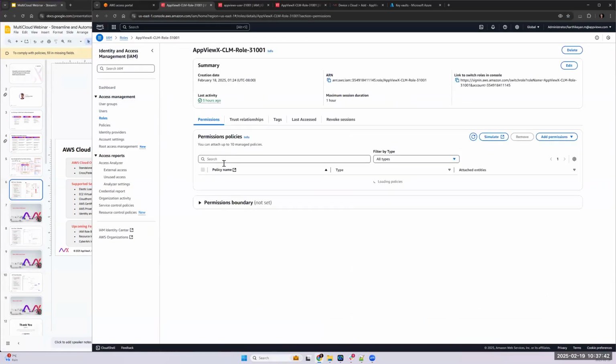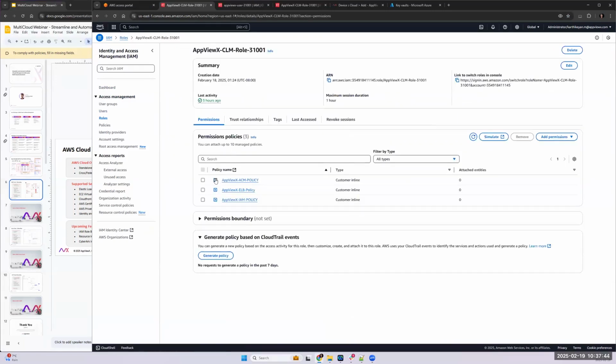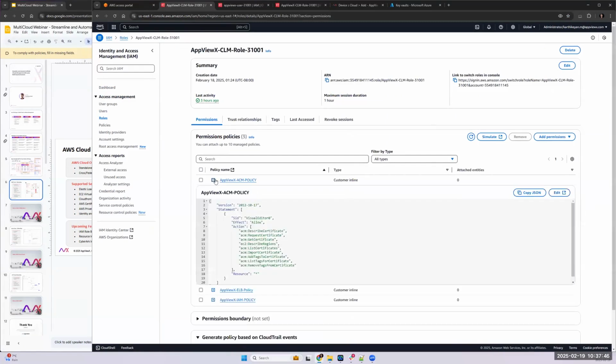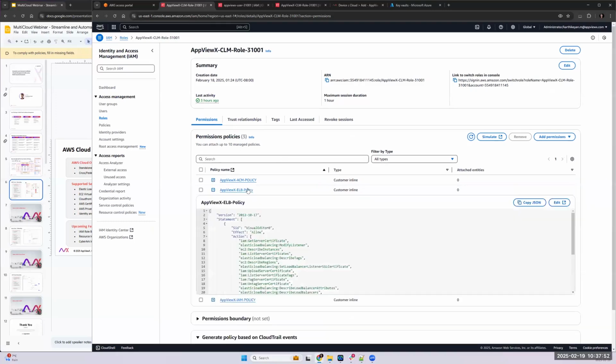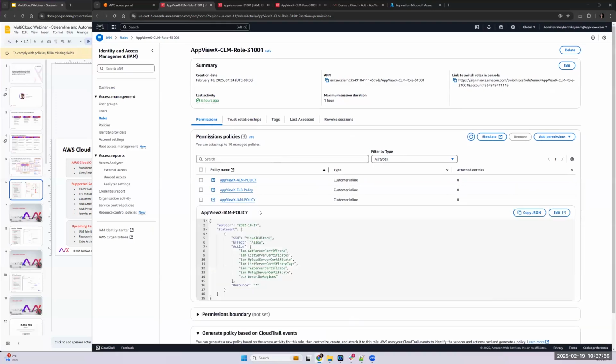As you can see, there is no user account. I have a role created here. And for this role, I have an ACM policy attached. So this is required to manage the AWS Certificate Manager service. This is required to manage the certificates in your ELB service,